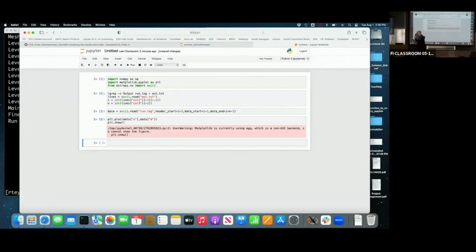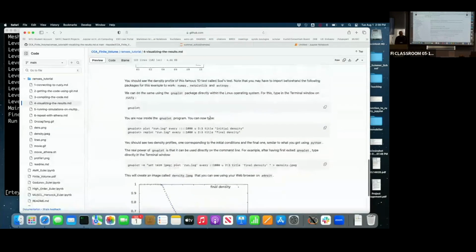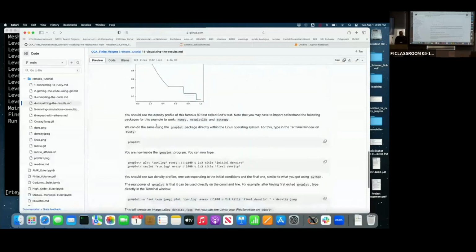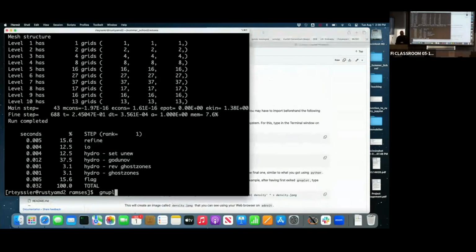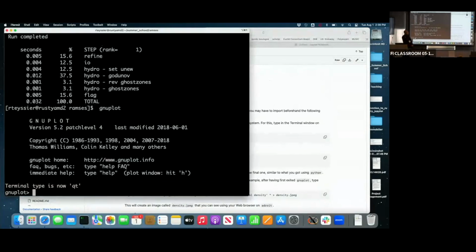Okay, so let's move to the next exercise then. Here we are using another software that, I hope, should be available on the system, which is GNUplot. GNUplot is a very hardcore, low-level kind of plotting routine, which doesn't have much use unless you use it the way I'm going to show you, which is to use it on the command line to directly generate an image. That's really the main added value of GNUplot: you can use it in a bash script to produce images automatically